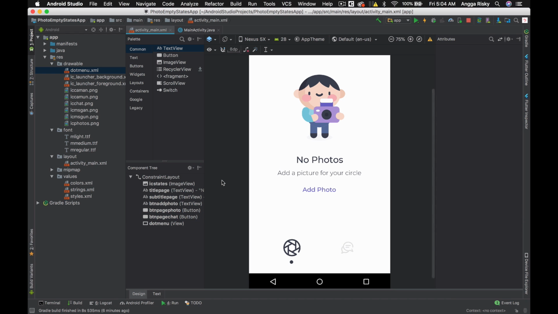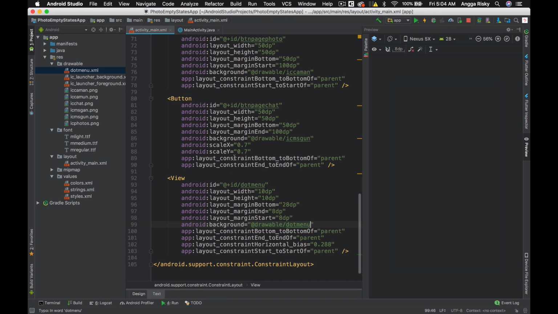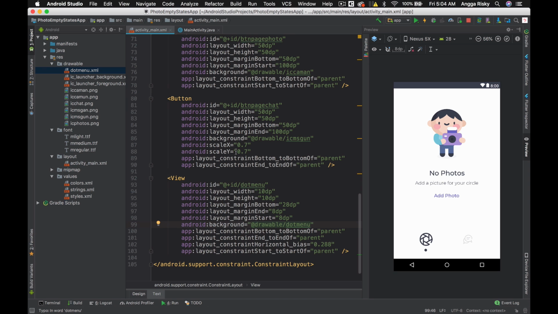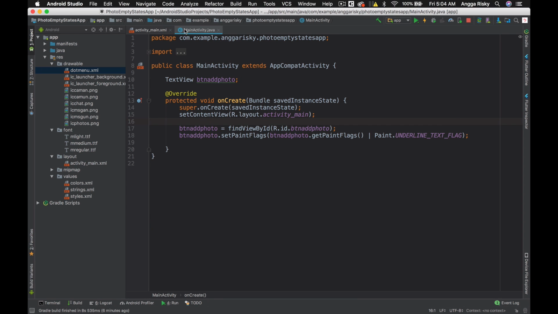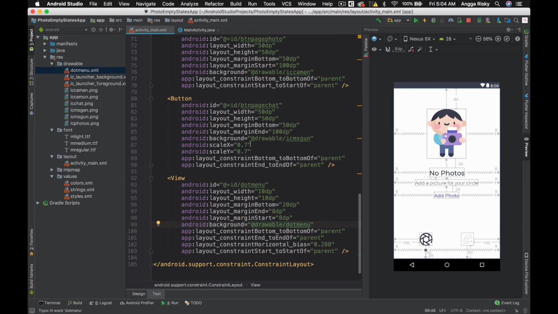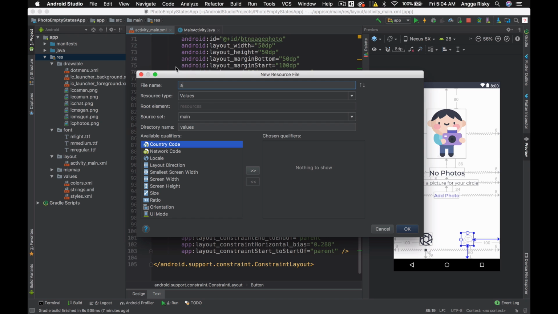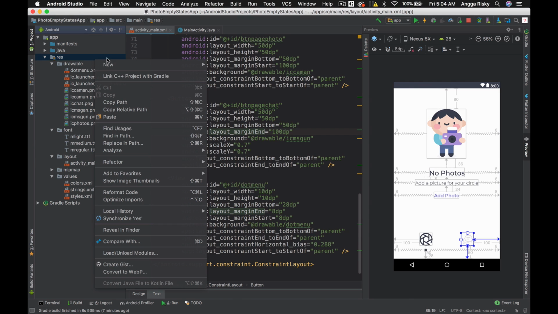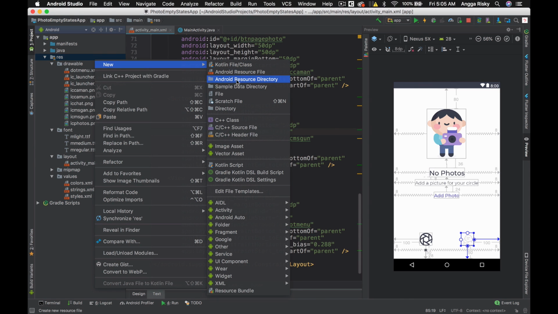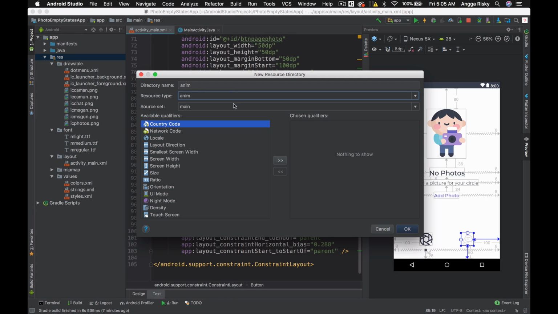Right now we have to go into the Java to register all of them, but before that I'm going to add RES to prepare the animation. RES, then New, then Android resource directory for anim.